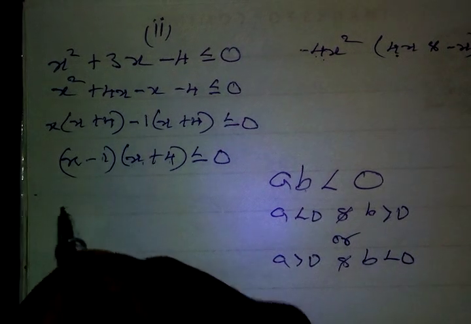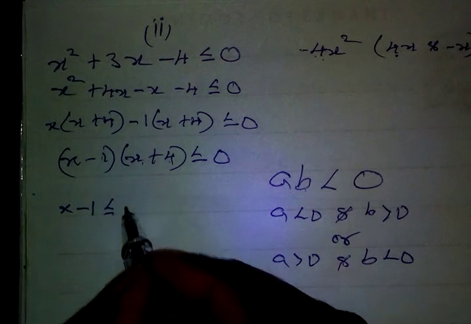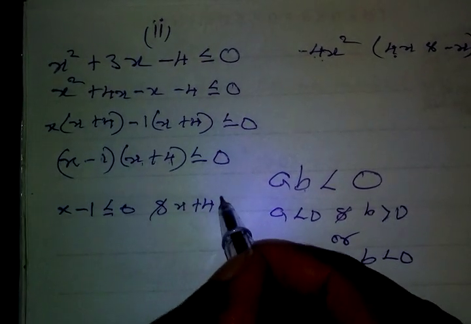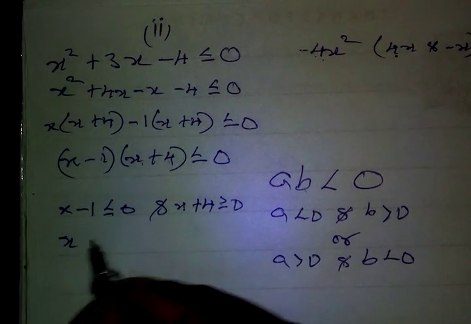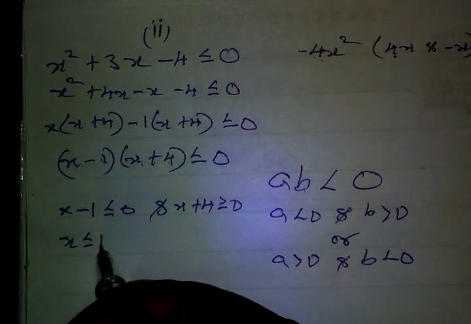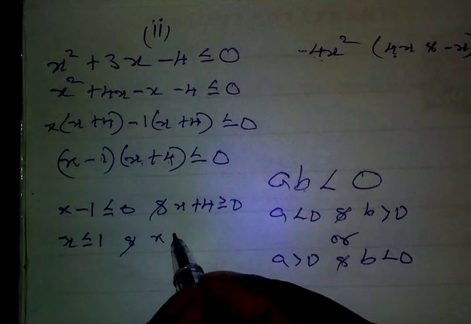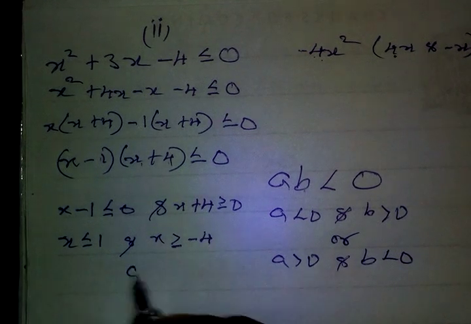So that implies that x minus 1 is less or equal to 0 and x plus 4 is greater or equal to 0. In this case, x is less or equal to 1 and x is greater or equal to negative 4, or